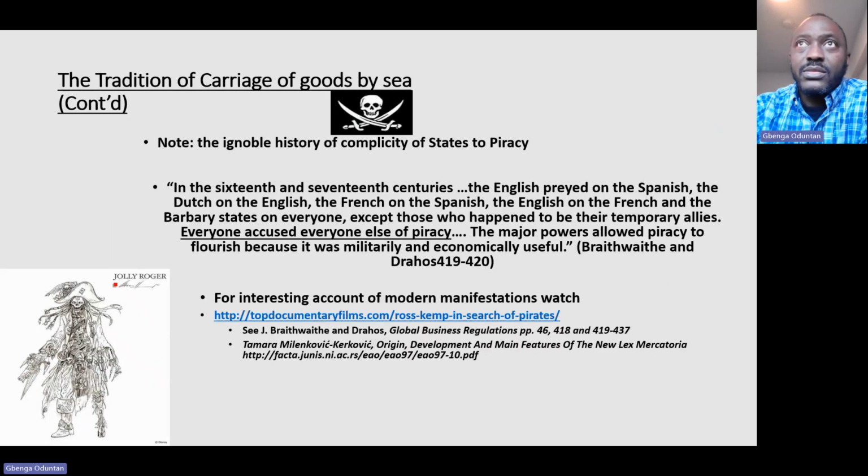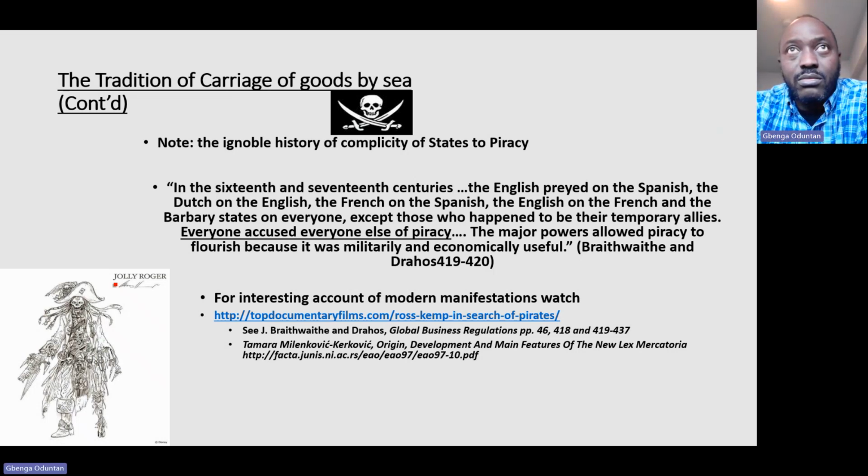We also note that it has not been a linear progress where everyone behaved themselves and adopted the best behavior in maritime transportation. It would be a surprise if that had been the history, because that certainly has not been the history of other areas of mankind's interactions. So what am I saying? I am saying that there were testy periods in the carriage of goods by sea. And in a sense, one might even say up to now, we still have testy periods. There was a period when